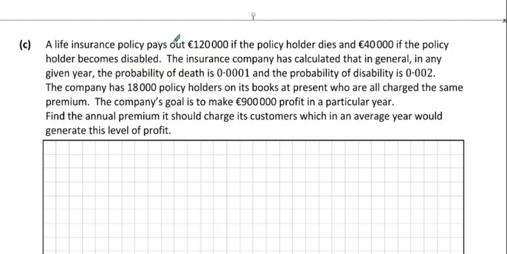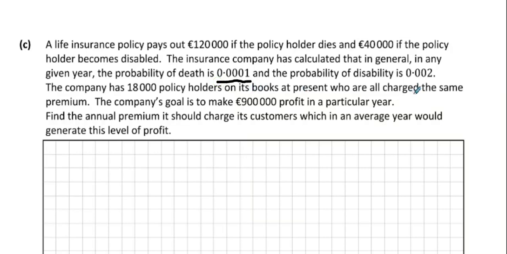Okay, a life insurance policy pays out 120,000 if a policyholder dies and 40,000 if the policyholder becomes disabled. The insurance company calculates that in any given year the probability of death is 0.0001, and the probability of disability is 0.002. The company has 18,000 policyholders on its books at present who are all charged the same premium. The company's goal is to make €900,000 profit in a particular year. Find the annual premium it should charge its customers, in which an average year will generate this level of profit. So what we're going to do is find our expected value,